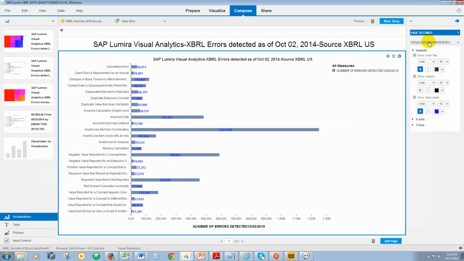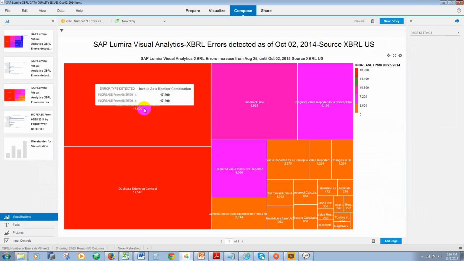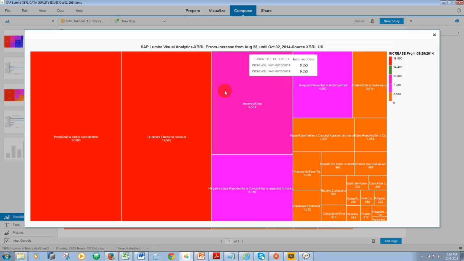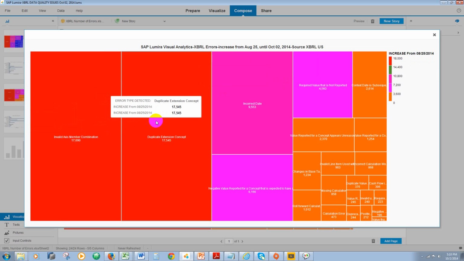So let us look at the growth in these errors over a period of time. That is just over 1 month. So that's from August 25th until today. So let us expand this. So we have invalid access member combination growth is 17,690 within a period of just over a month. And then we have duplicate extension concepts, and the growth is